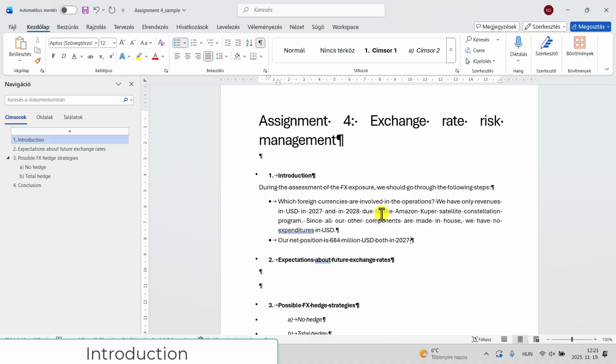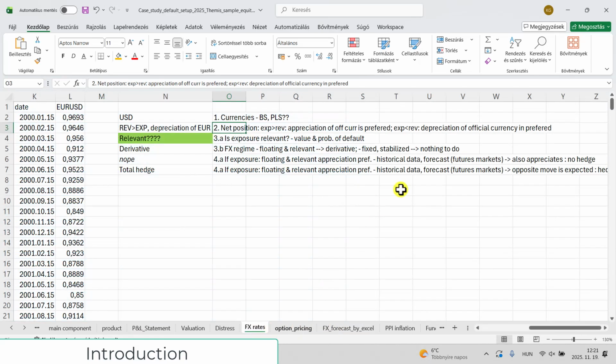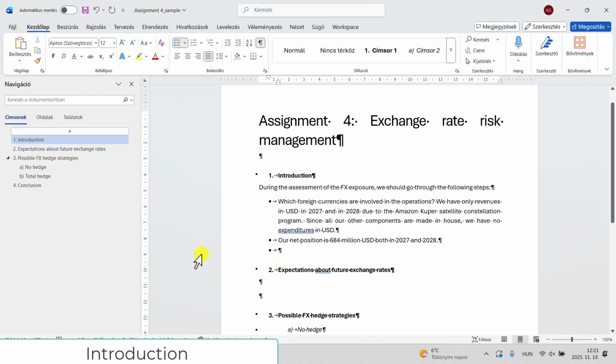Both in 2027 and 2024. Okay, this was the net position. Then, is this exposure relevant or not? This is what we are not sure yet. That's why we have to do all the assessment. So to understand the relevance of this position,